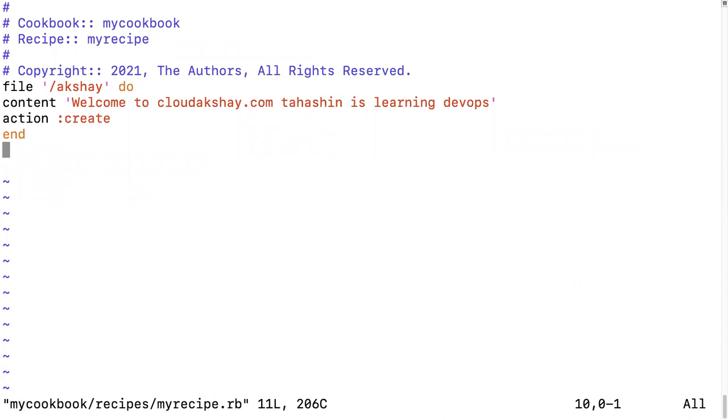We are going to create another code in the same recipe, like I'm going to install the Apache server. So this is the resources. Resources may be the package name or the username or the file name, anything.